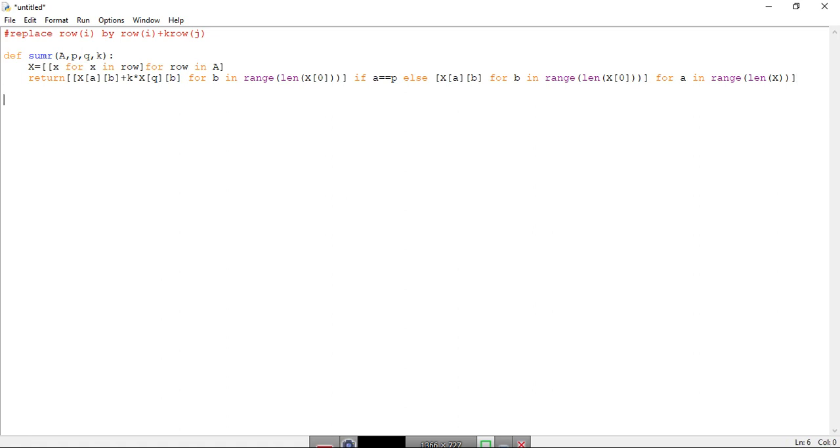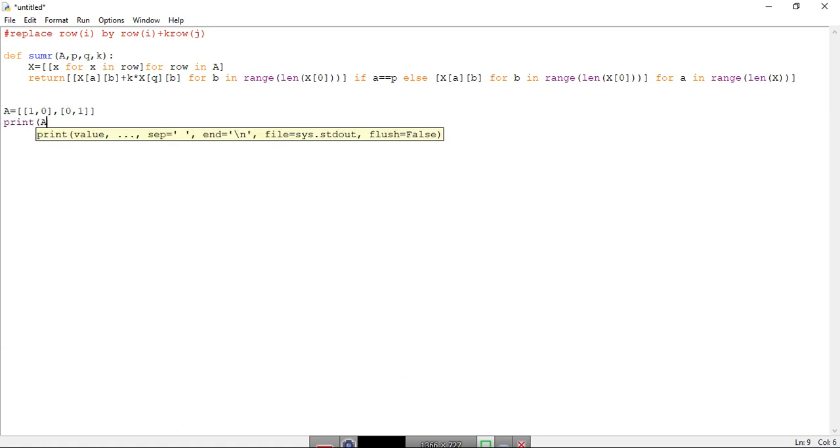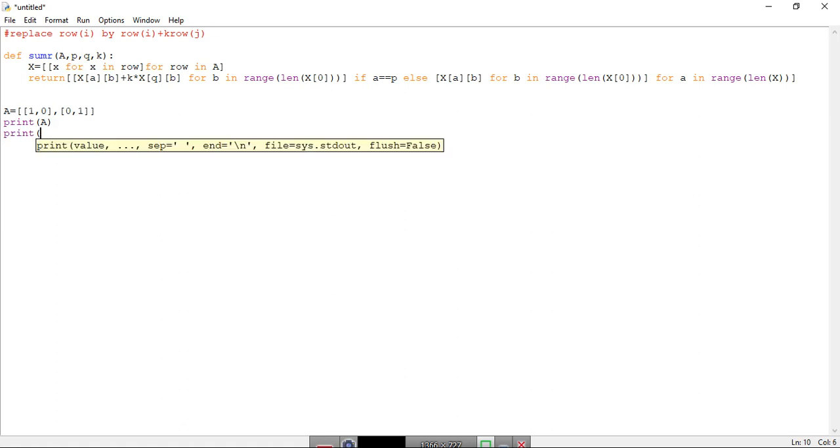So let's go and run this first. Let us take matrix A equal to, let's take 2 by 2 for simplicity. Let us take 1 comma 0, identity matrix, 0 comma 1. Let us first print matrix A, and second print, okay, let us write the comments.